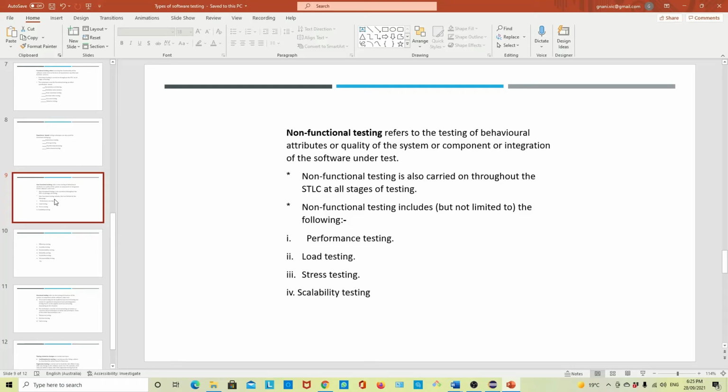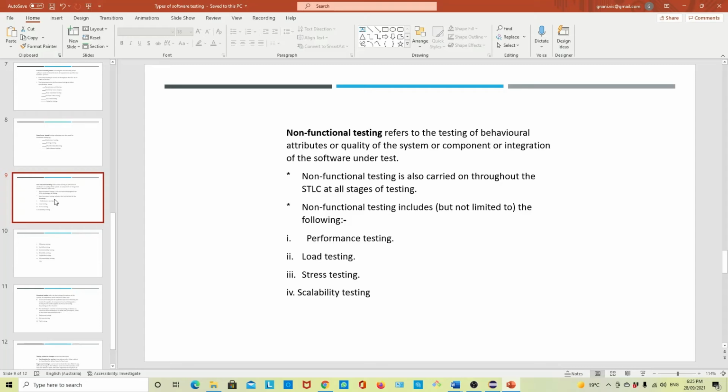Okay, now what is non-functional testing? Non-functional testing refers to the testing of behavioral attributes or quality of the system or component or integration of the software under test. Okay, so non-functional testing basically tests the behavioral attributes or the quality of the system, like how